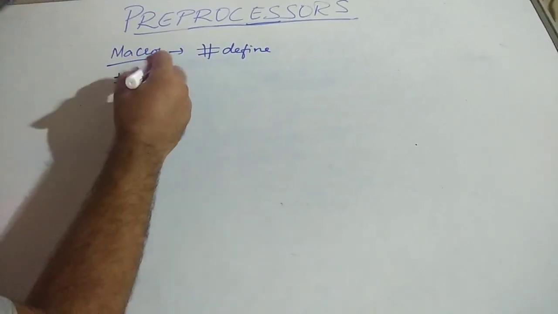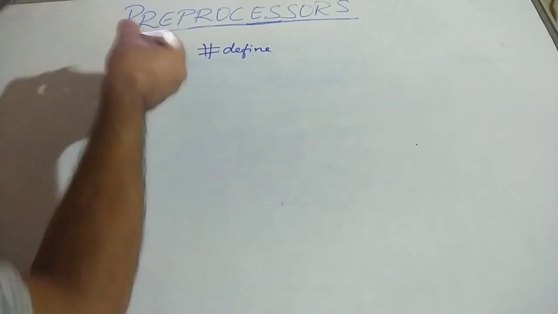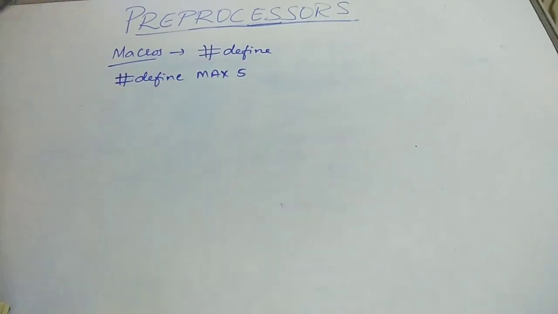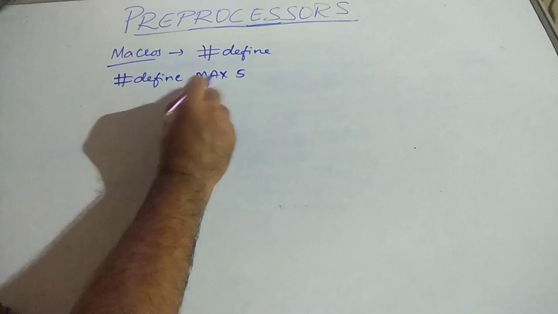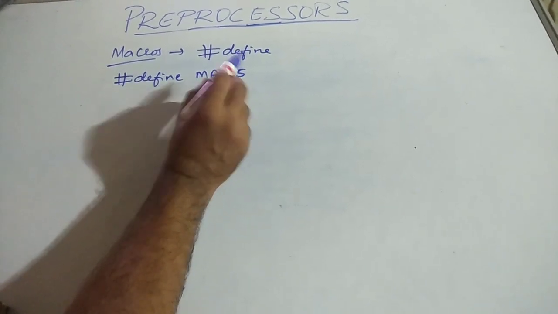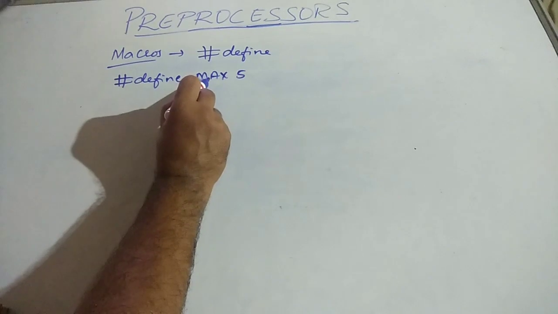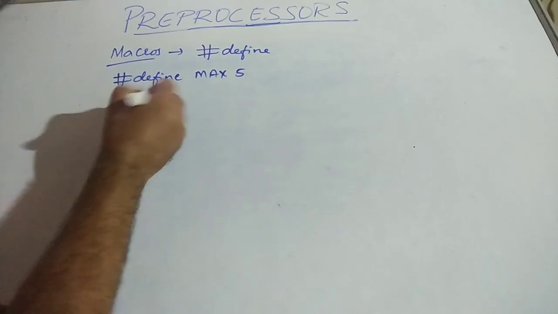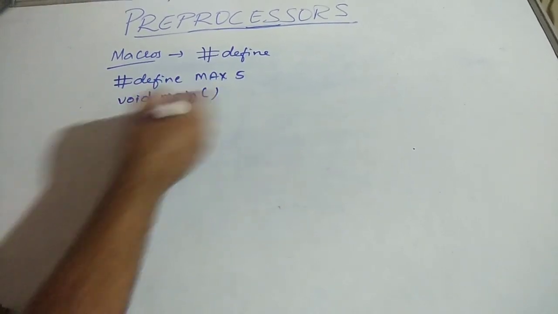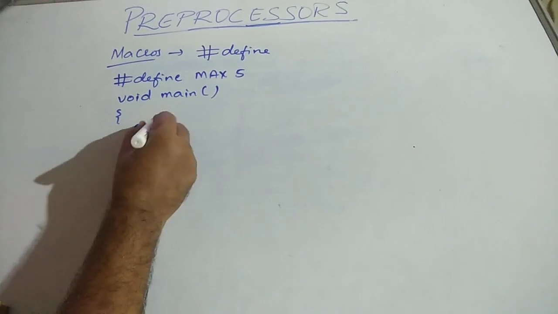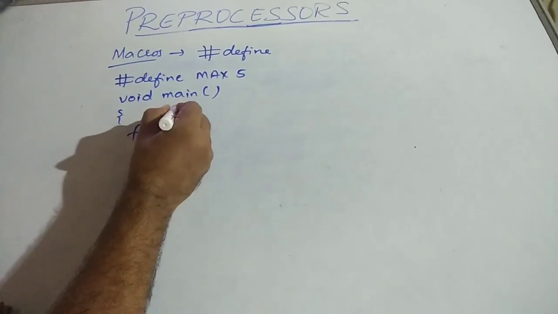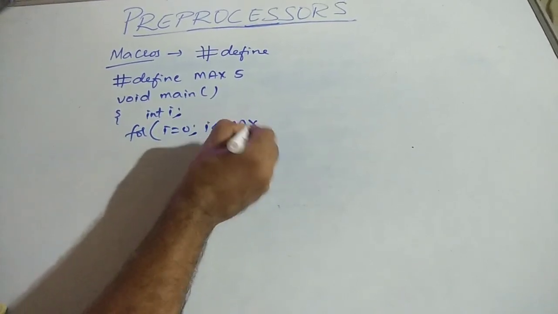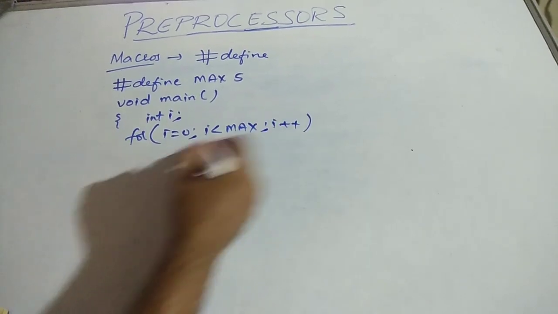Assume that we have written #include <stdio.h>, then #define MAX 5. So this MAX will be your identifier and this 5 will be your substitution text. Wherever this identifier MAX is there, it will be replaced by the text 5. Is it clear? So we go for the main function. Inside the main function, I'll just use a loop. I'll declare one variable, int i. for (i = 0; i < MAX; i++)